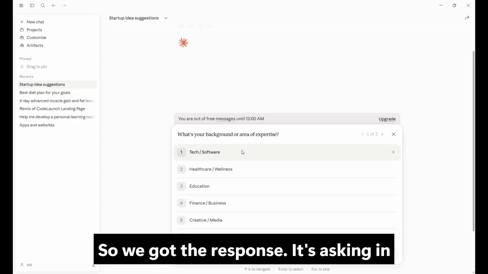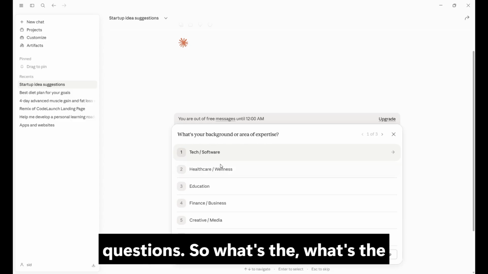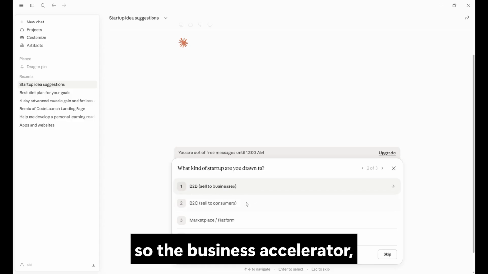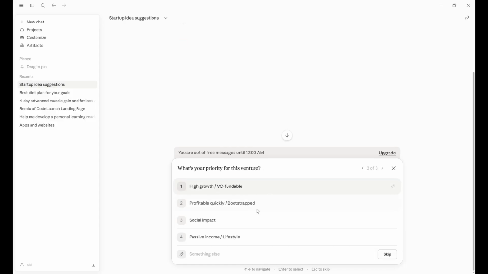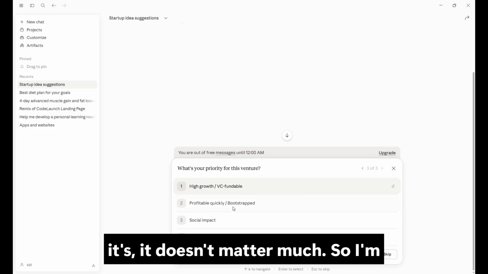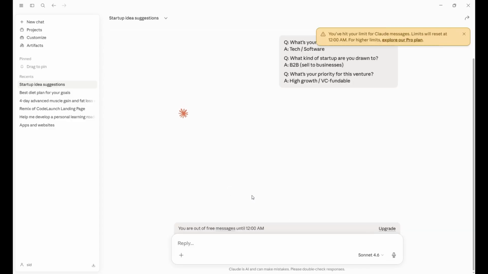It's asking me a few questions about the background. So I'll just say sell to business, sell to consumer, or marketplace, sell to business. I can choose any random, so it doesn't matter much. So I'm going to choose option one,